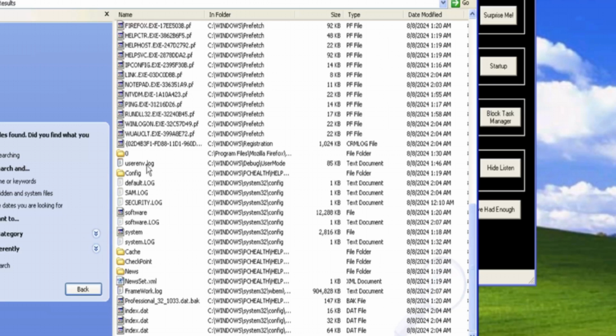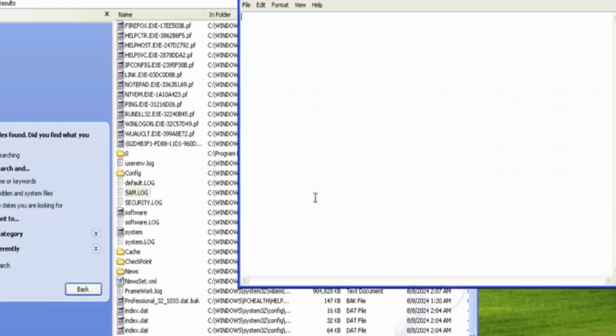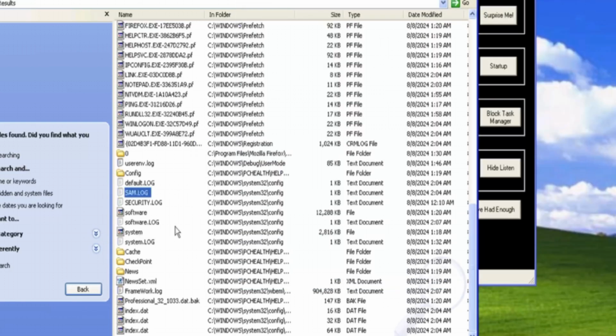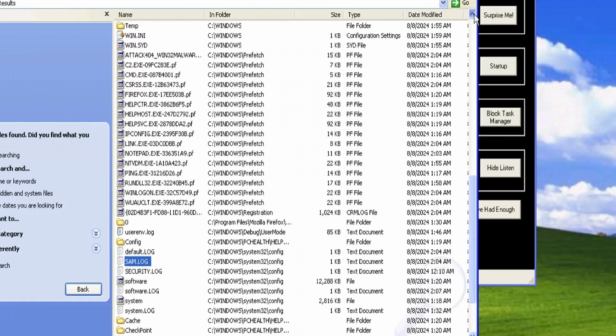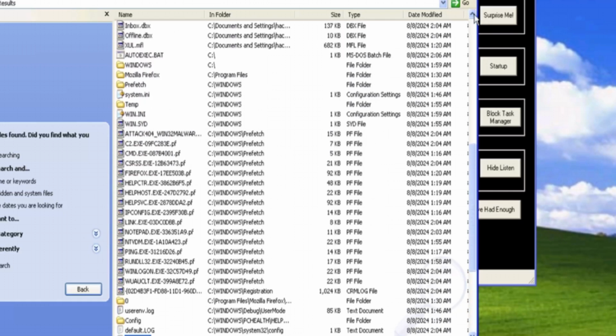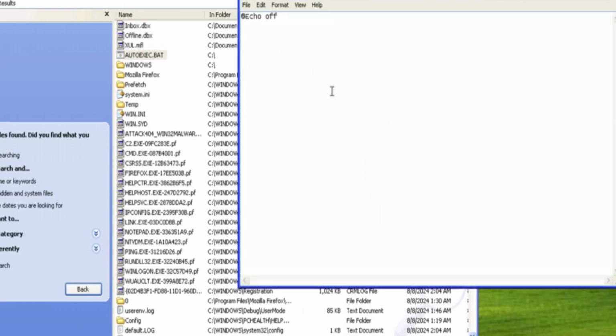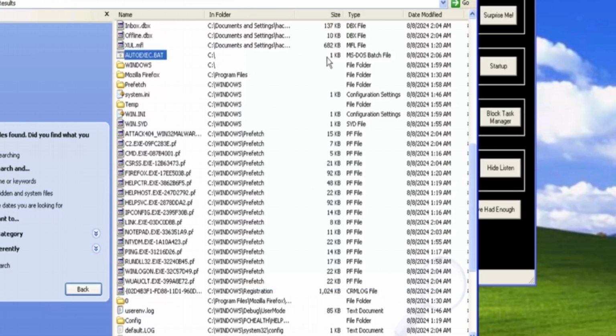If these were environment variable files, I would be a little suspicious. Sam.log might be a little suspect here. So we'll start looking at the obvious. We did see auto accept bat, and it is 1, so we're going to look at the file, and we see that this was modified today,